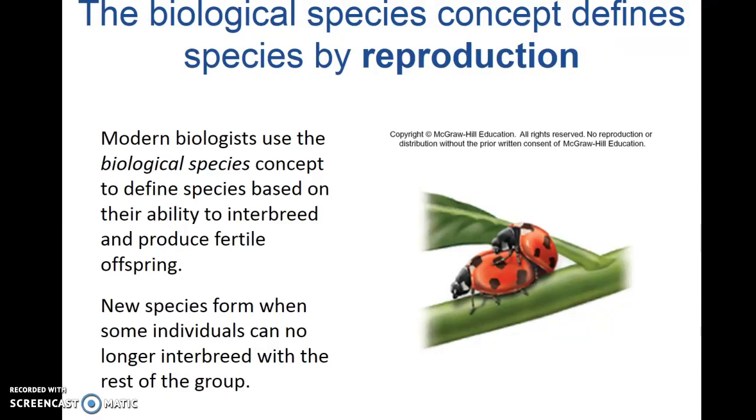So again, what makes each species unique is that you can only have fertile offspring with members of your own group, and you can't have offspring with anybody else. For example, you might have two different species of lady beetles that look very similar, with similar red and black patches, and you might think they are the exact same type of beetle. But if they can't breed together, if they can't make offspring that can then go on to have their own offspring, we consider them to be completely separate, distinct groups.